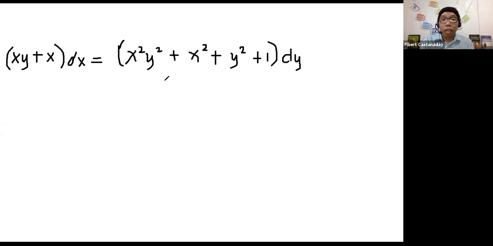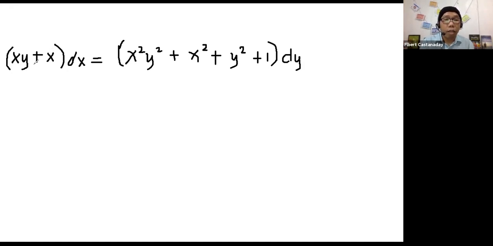Anyway, so as you can see, this differential equation contains, di ba, functions of x and y. Like dx has a coefficient na not a pure function of x, may y ka dito. So yung idea is, can you be able to separate the variables here? So kung may factored form dyan, or pwede mong i-factor dyan, you factor it. Here naman, you have na, di ba, dy, dapat pure function of y lang din. So your goal is to separate the variables. If you can't separate the variables, then this DE is not separable. Okay, I'll also be giving an example of a not separable DE, but this one, I can say this is separable DE